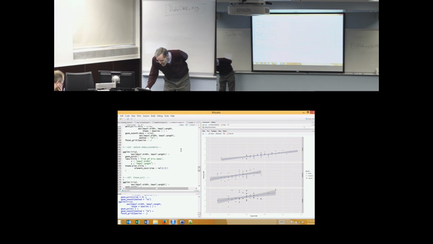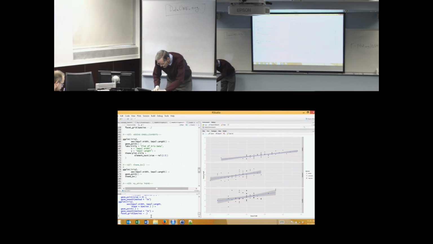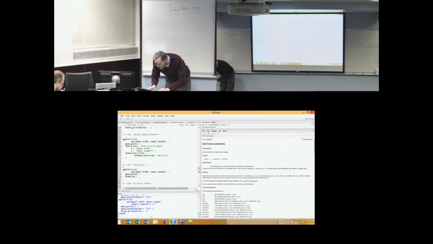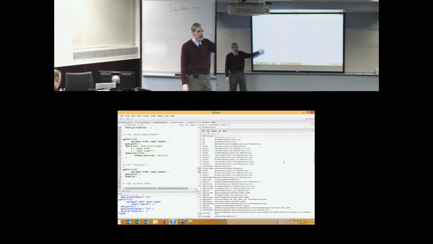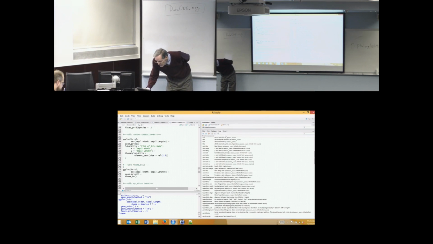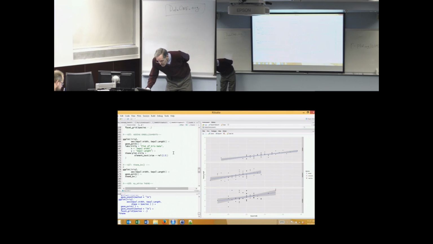Okay, so if you want to add embellishments, there is theme. Let me say help theme. And you can see you can have control over everything on there. So what I'm going to do is just do a little bit. I'm going to do a plot, and I'm going to add to it